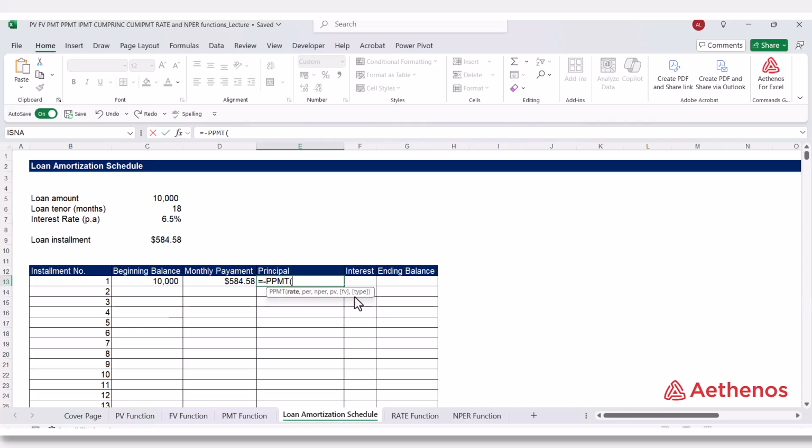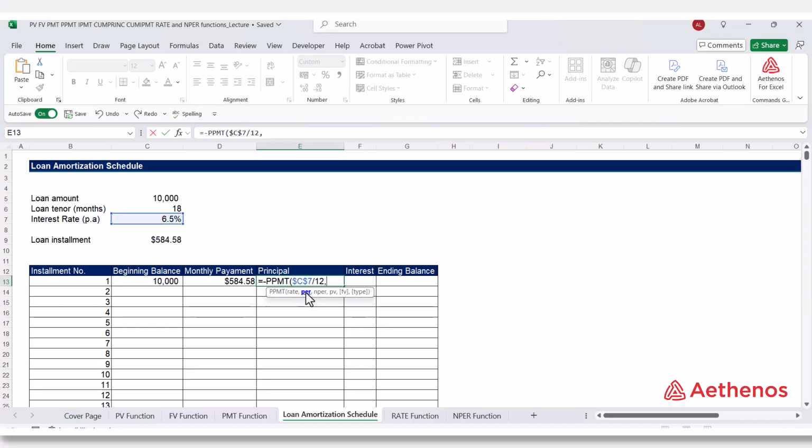So here that's going to be 0, and type is whether it's the beginning of the month or the end of the month. So for the rate, we can use 6.5% divided by 12. And since I'm going to copy it down, I need to fix C7 using F4 to add the dollars, and then